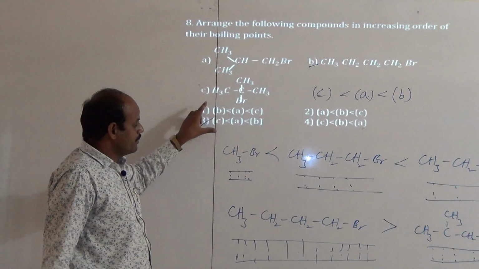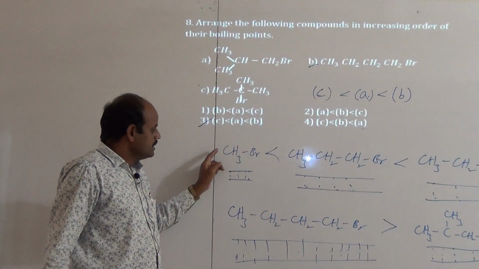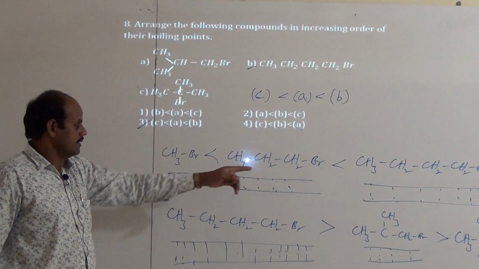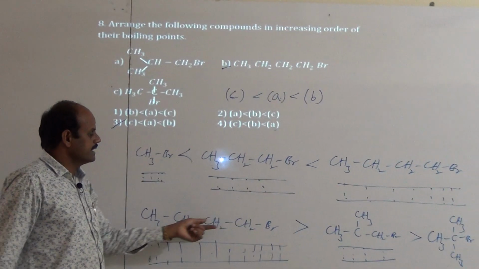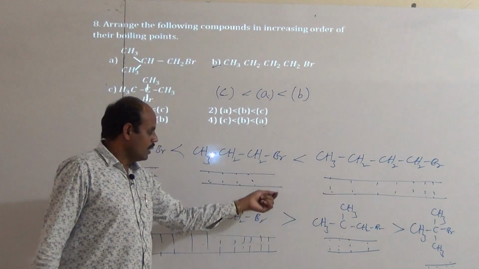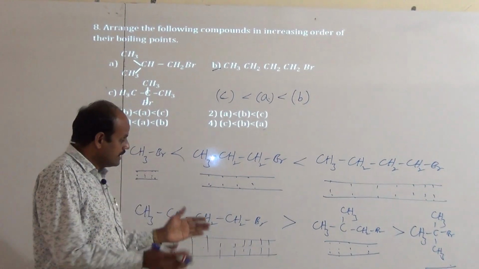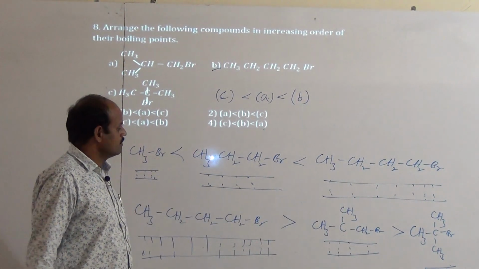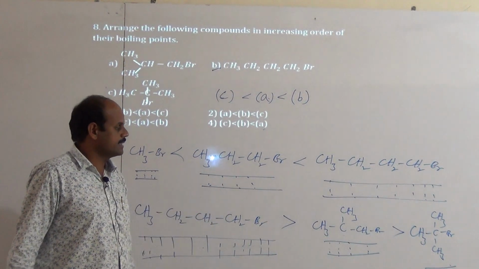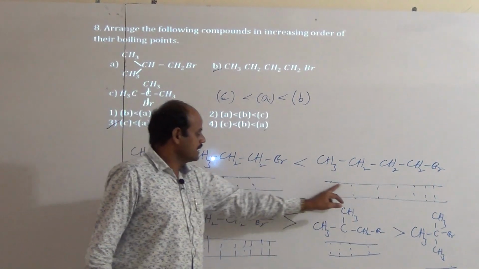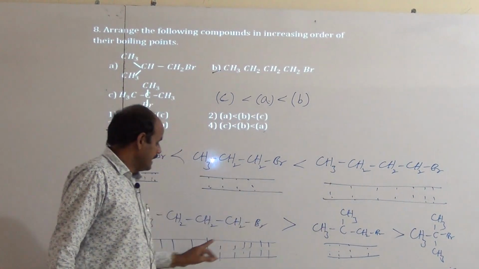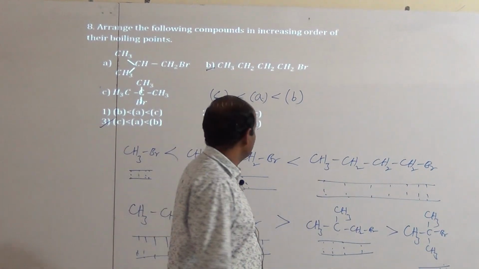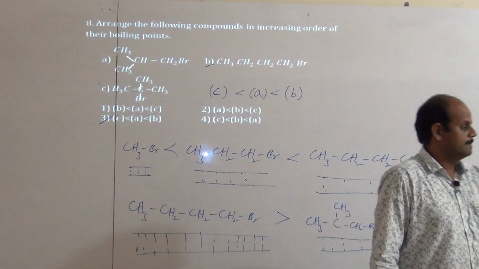Okay, what is the key point? When the carbon chain length increases, the boiling point also increases. Whereas when branching increases, the boiling point decreases. Due to the length decreasing, the attraction forces also decrease. Thus, boiling point is directly proportional to attraction forces. When attraction forces increase, boiling point increases. When attraction forces decrease, then the boiling point also decreases. It's the key point. Okay.